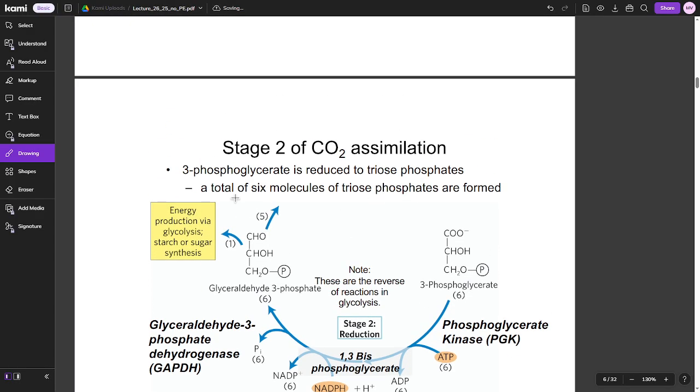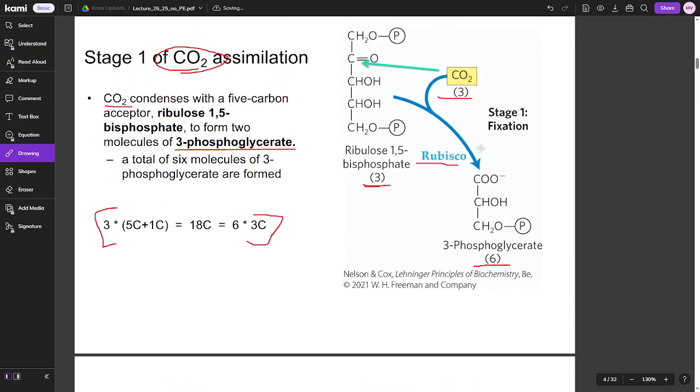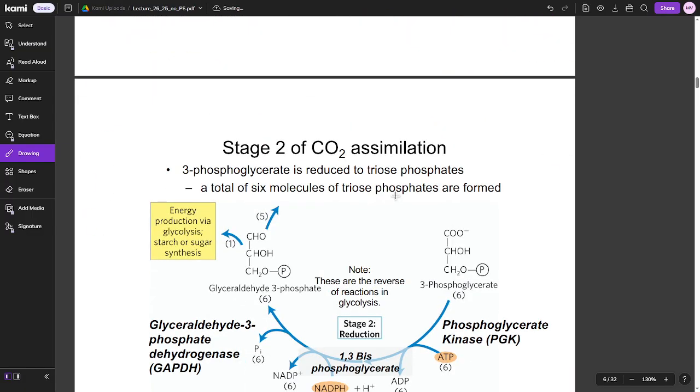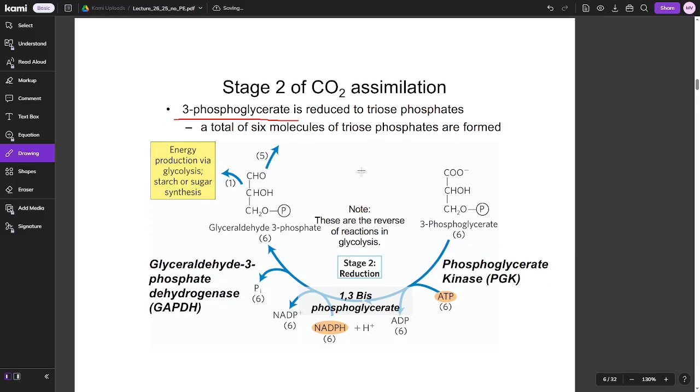So now we're on to stage 2. We covered stage 1, which is this fixation of carbon. Stage 2 is more of this cycle process. So we have our 6 3-phosphoglycerates, and what we do with that is